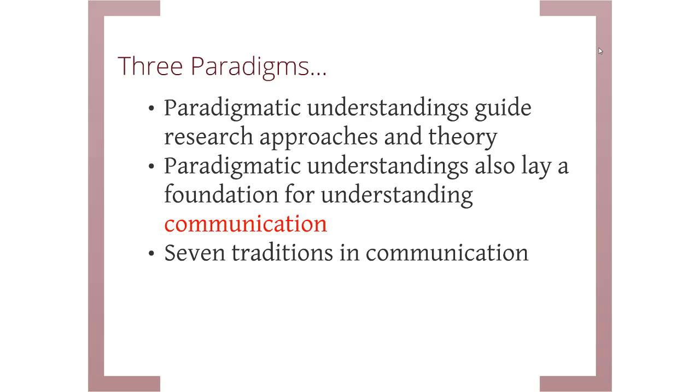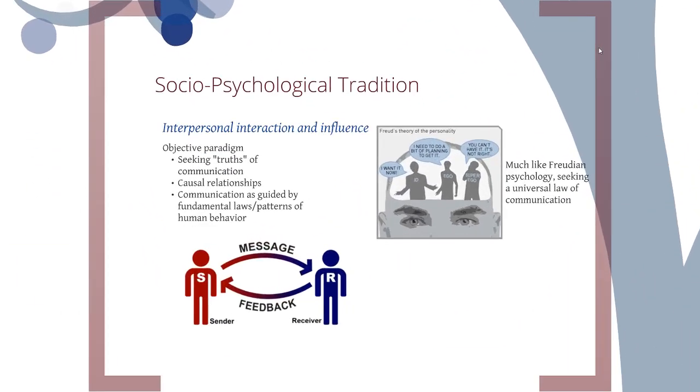Now, in the 7 traditions of communication as per Griffin, we can start to narrow in on how we actually look at the different units of communication, what is the purpose of theory, and what are they trying to do. So as we do this, we're going to draw from the Griffin text and basically follow the outline that Griffin and his co-authors have outlined for us. And then I'll go through each one of the traditions to quickly make sense of them so you get an idea about what their function is.